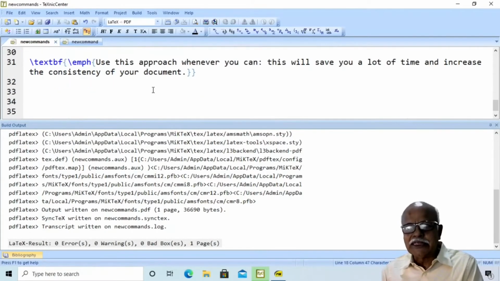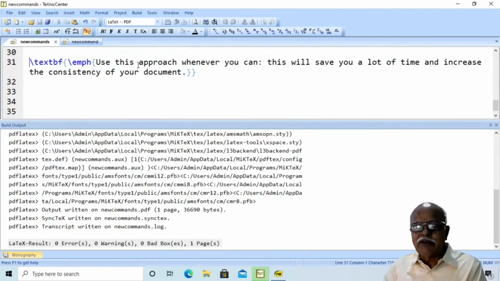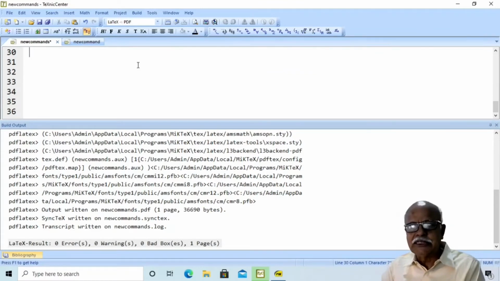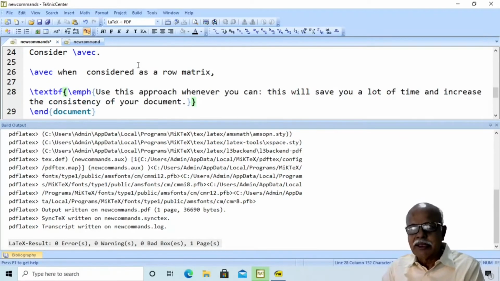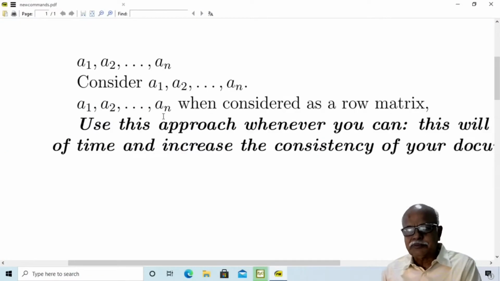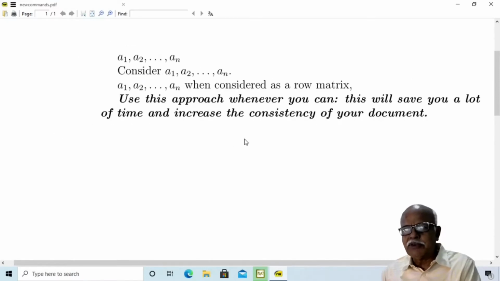I would suggest that wherever possible, use this approach. Use this approach whenever you can. This will save you a lot of time in typing and increase the consistency of your document.